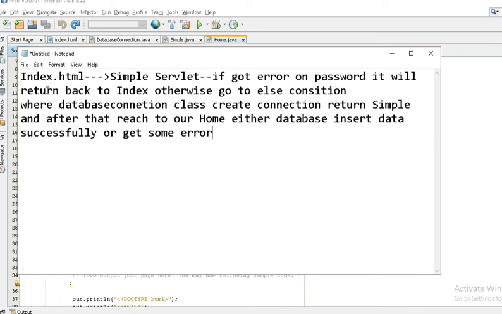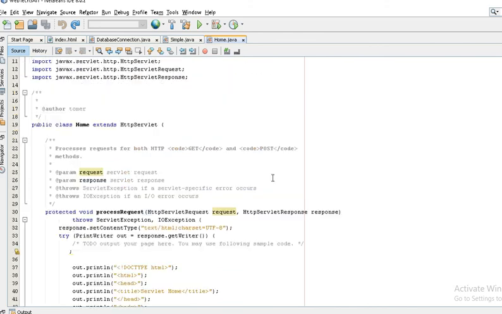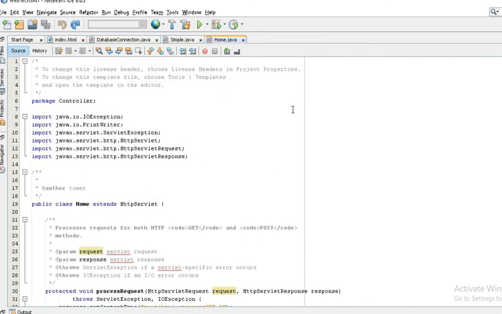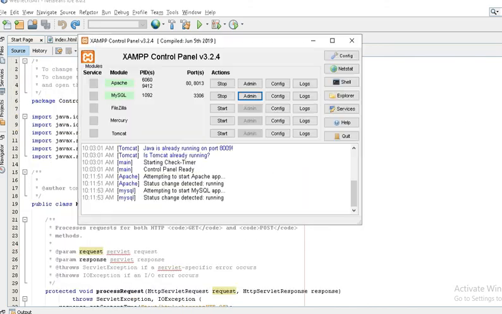We are using four parts: one is index.html, one is the database connection class, the third one is the simple servlet, and the fourth one is the home servlet. So I think everything is clear about what we are trying to do.